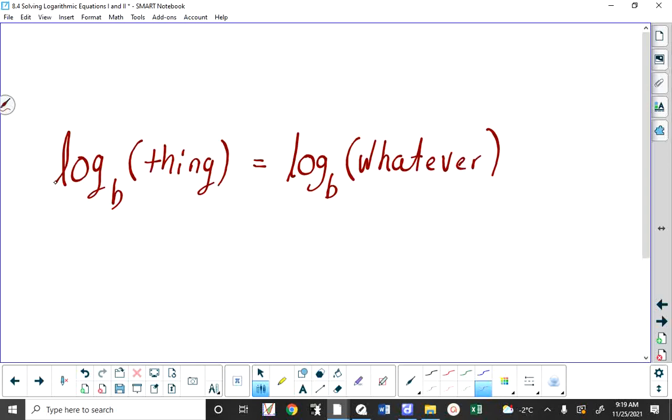So what you do here is you drop the logarithmic function of both of those arguments. It's not like you're dividing both sides by log base b. You can't divide by log base b. Log base b is an operation. That's like saying I'm going to divide by the square root symbol. You can't do that. But what you end up with